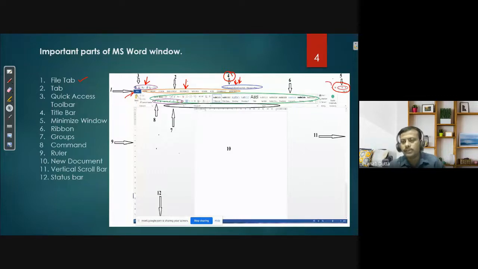Along with this, there is also a help button. If you have any problem, just click that help button and you will get the solutions. Then there is the minimize ribbon. All these tabs and buttons, everything shown by this green area, is known as the ribbon. There are different types of formatting and settings for your Word document used here. Okay, ribbon it is. Then under every tab there are a lot of groups.